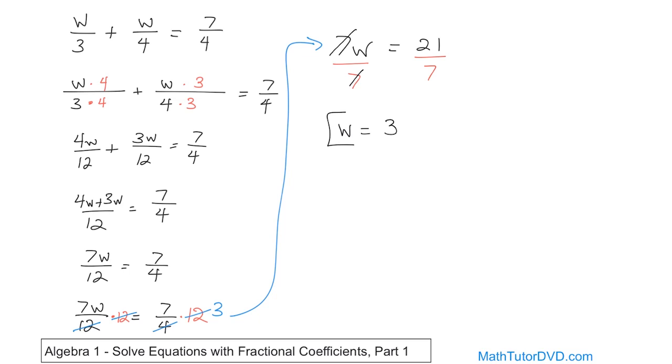So I know it was a little bit of work, but you see it's this exact same process that we have done time and time and time again. We ultimately want to combine the w's together and get them by themselves. It just so happens that since we have different denominators, we have to get a common denominator first. So we manipulate